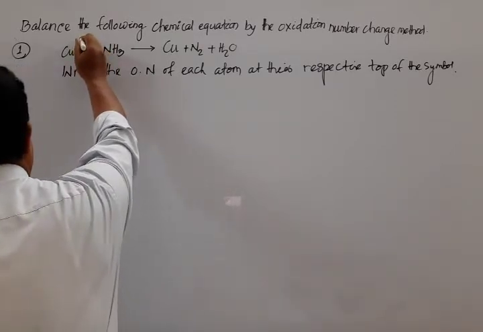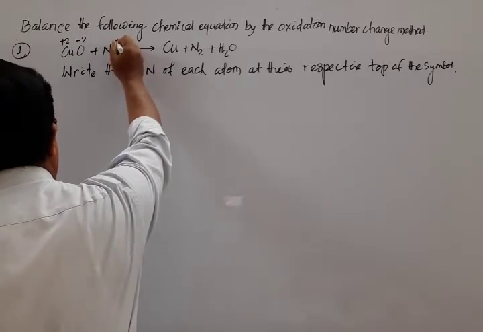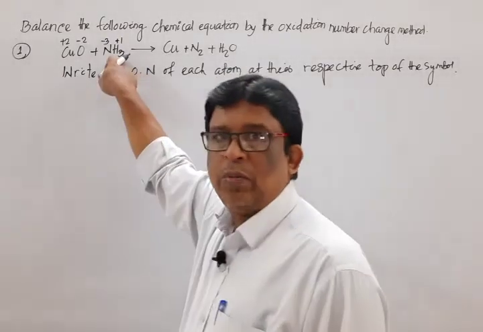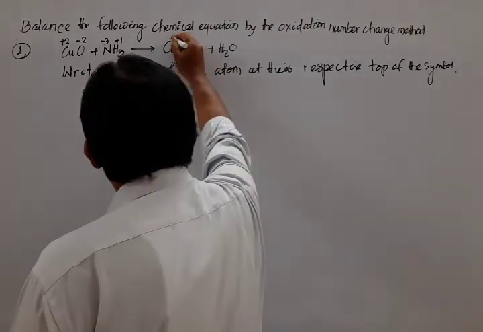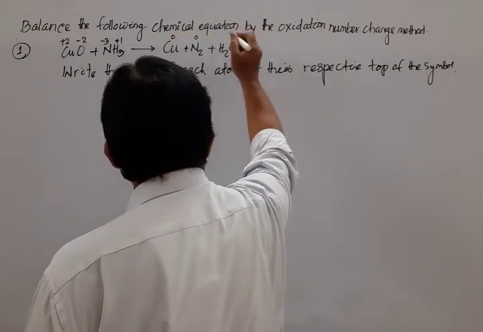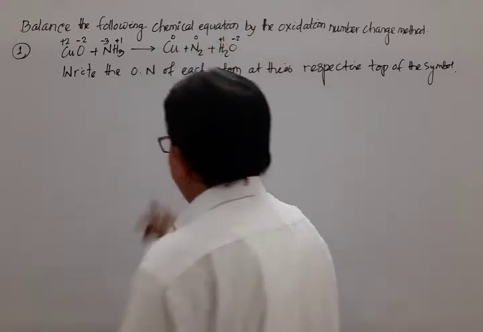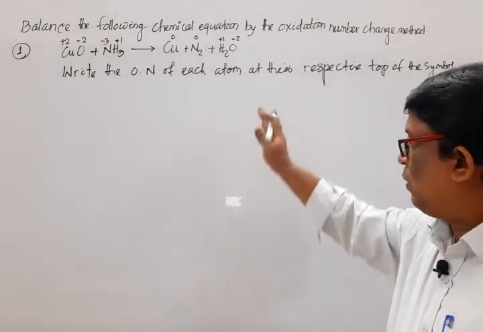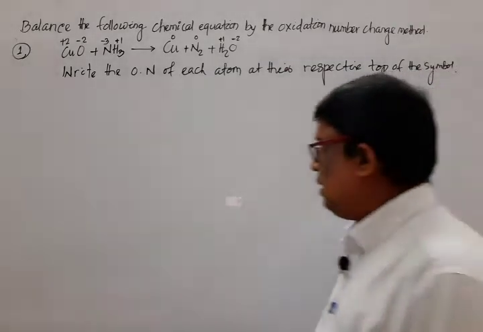That means we have to mention the oxidation numbers. It is -2, it is +2, it is +1, 3 H is there, we know it is +1, so +3. So nitrogen is -3. It is elemental state 0. It is -2. It is +2. 2 hydrogen is there, it is +1. So step 1 is over. That means write the oxidation number of each atom. Then move to step 2, that is, identify the atoms which undergo change in oxidation state.